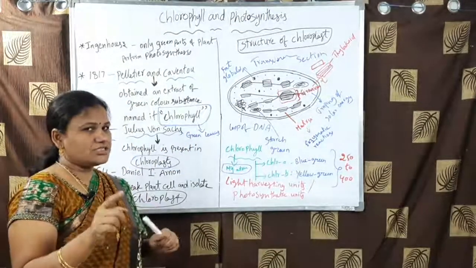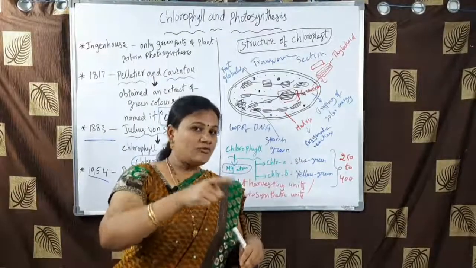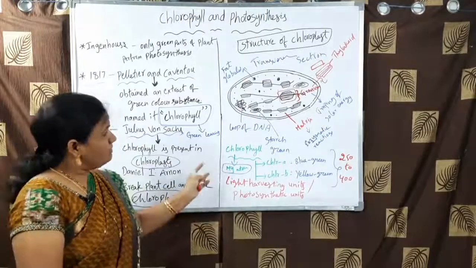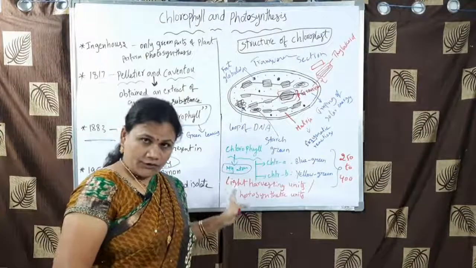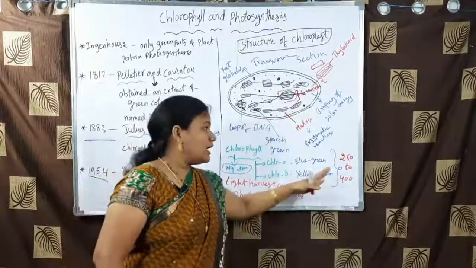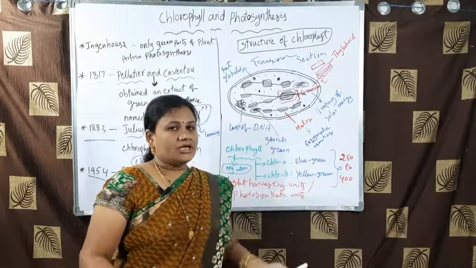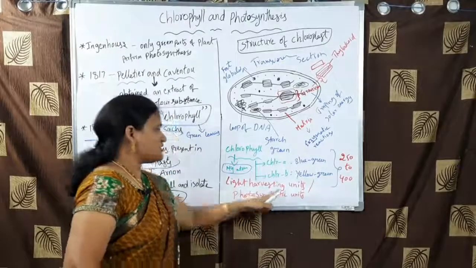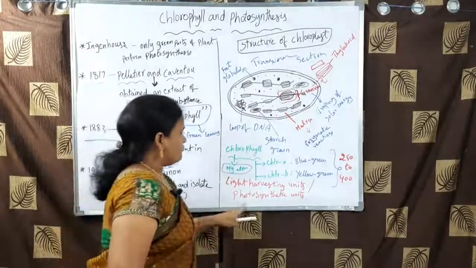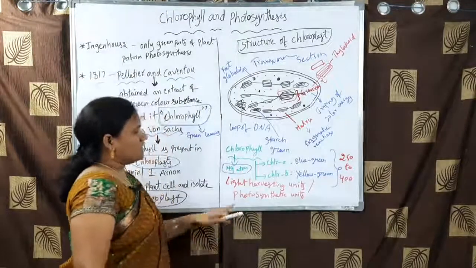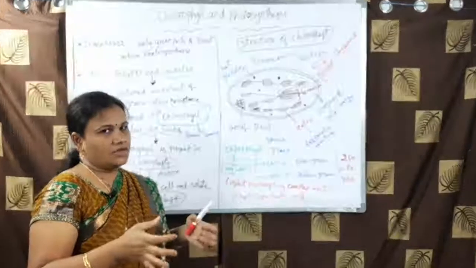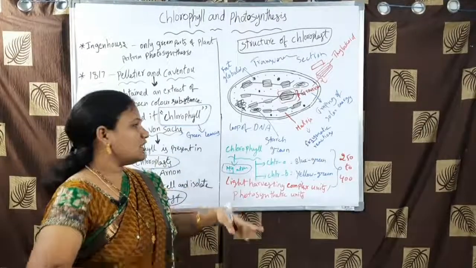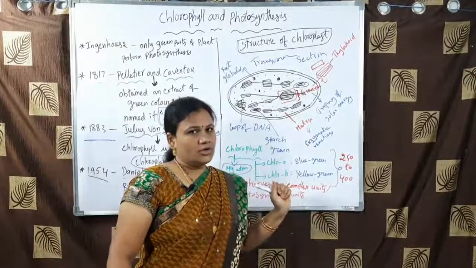See, don't get confused here. Completely we are wandering around the chlorophyll. That's it, very simple. Pigment means chlorophyll. But here, a group of chlorophyll molecules, how many? Around 250 to 400. Together, just like a colony, they make a light harvesting complex unit, that is a photosynthetic unit. One light harvesting unit is one colony, or one photosynthetic unit is one colony. That colony consists of 250 to 400 chlorophyll molecules.